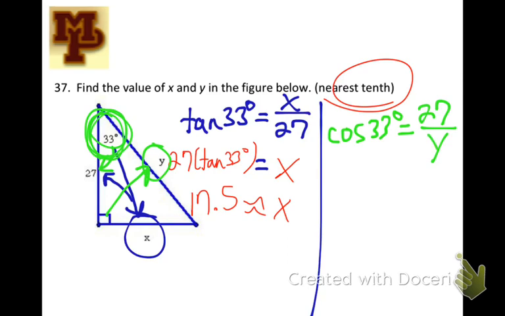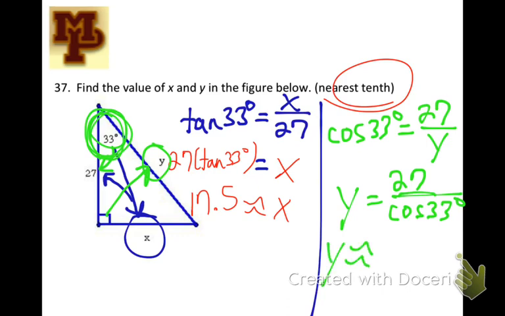This is a two-stepper, so you multiply by y first, and then divide by cosine of 33. Because I've done several of those now, I'm going to skip that step. So y equals 27 over cosine of 33. So y is about